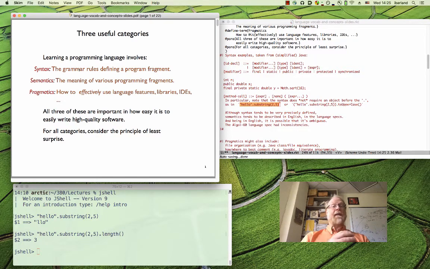According to the language specs, what the substring call is supposed to do, that's written down somewhere in English. And you hope that that English description is clear enough and is actually fairly precise. It might be, but it might not be. English is a notoriously vague natural language. So there is a whole school of programming language semantics of saying, hey, can we formalize this? We don't want people arguing. We want to have our language really nailed down so it's really clear what it means, and we don't have any doubt anywhere. It should be machine checkable what something means, and not just, hey, does my Java compiler really match this